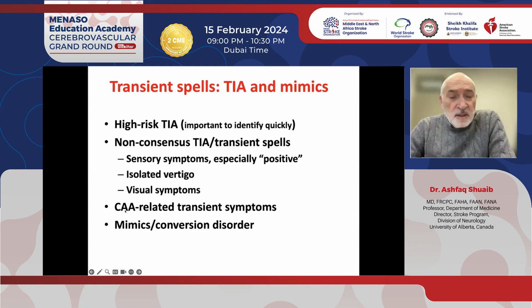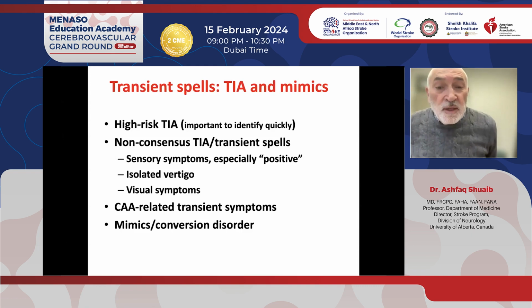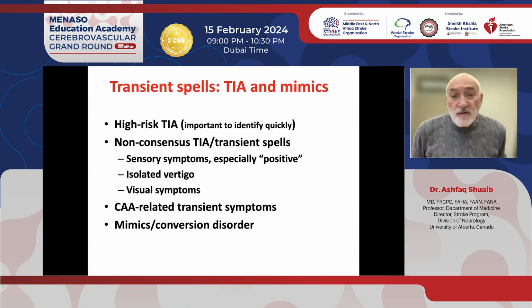The third bullet was very important. These are the cerebral amyloid-associated transient symptoms. They're very common, and you've got to be careful to recognize them, because these patients are at a high risk of bleeds. Cerebral amyloid increases the risk of intracranial bleeds, so these patients should perhaps not be put on dual antiplatelets. Classically, they'll come in saying, I've had 50 identical spells or 30 identical spells, so they happen every day. So with elderly people with some degree of cognitive dysfunction and repetitive symptoms, think of CAA-related spells.